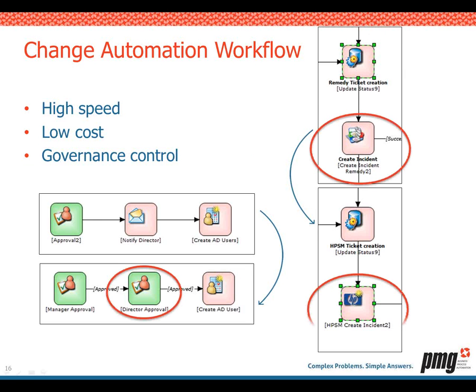A service catalog built for change allows you to reconfigure workflow and automation. By employing a drag and drop workflow engine, an administrator has the ability to make high-speed changes and at a low cost to the enterprise because that resource's time is not as long. It allows the administrator to adhere to new governance or policy within the enterprise. In our example on the bottom, we see that a change in policy has been made. Now it requires a director approval for creating an AD user. So instead of the notification step, an approval step was put in the workflow,